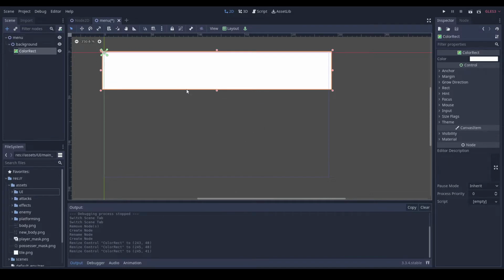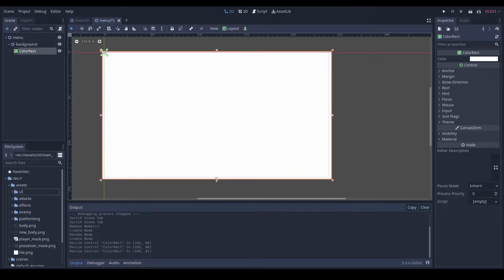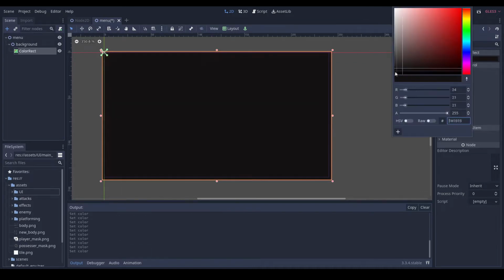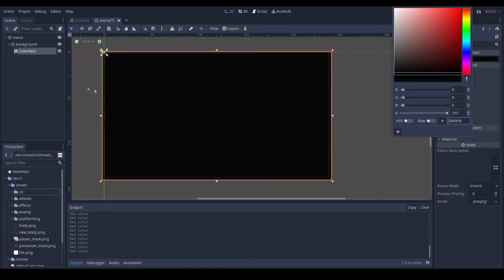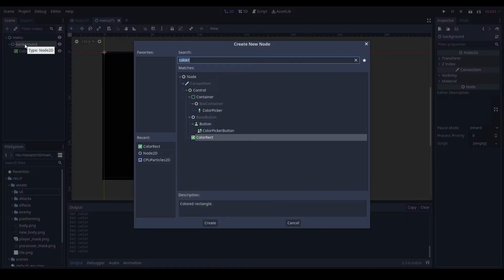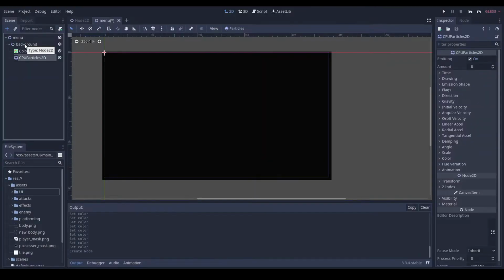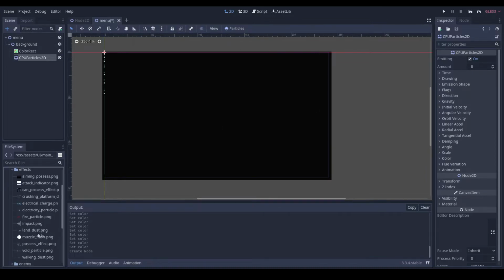So we've made a color rect, and we're just going to stretch that loosely over our viewport, and we'll make it close to pure black, but not quite. Then we'll add in a CPU particle, and then we're going to go into our effects folder, click on our electricity particle,